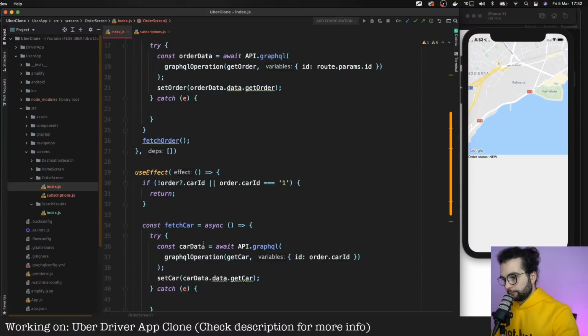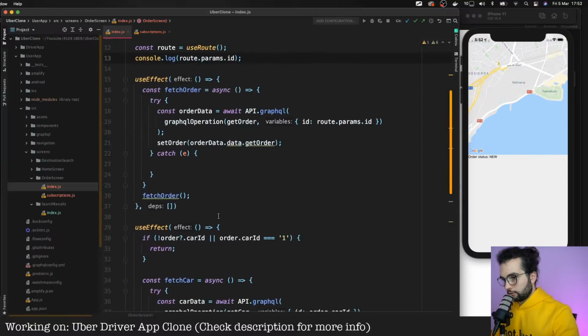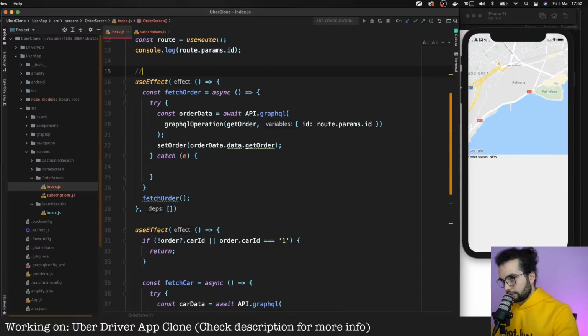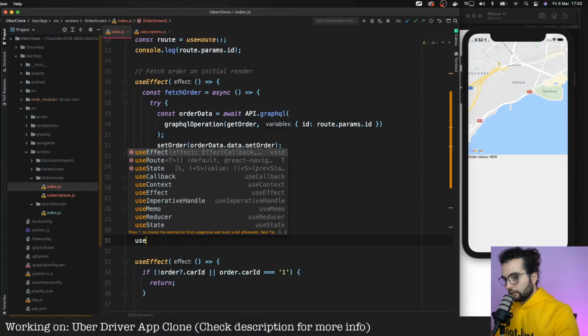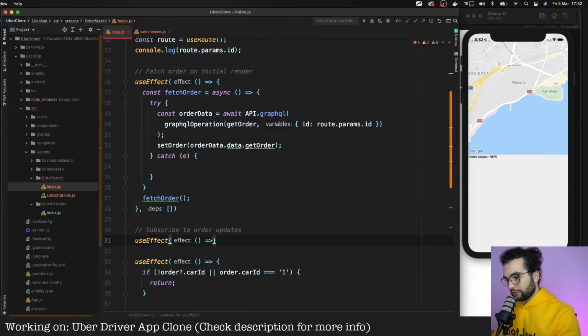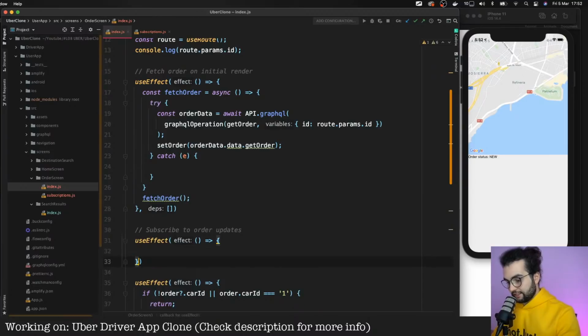To do that, let's add some comments. Fetch order on initial render. And here will be subscribe to order updates. We're gonna also use a use effect, and we are gonna register this listener whenever the component mounts.